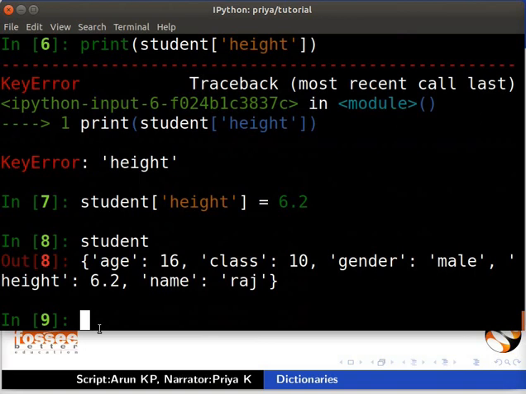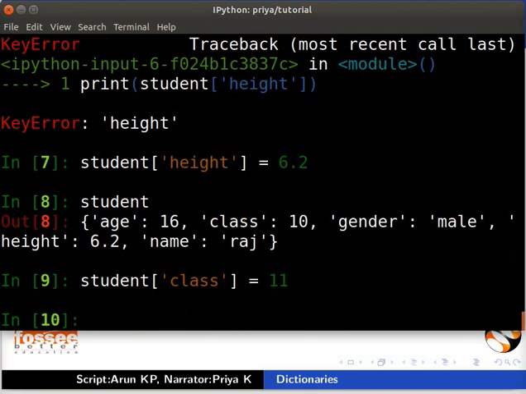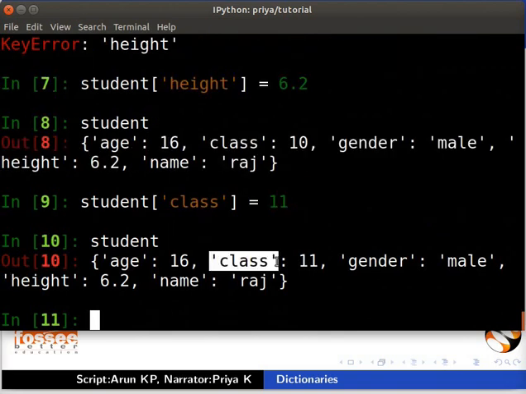Next, let us modify the element class of the dictionary student. Type student inside square brackets inside single quotes class is equal to 11. Now to check the content of the dictionary, type student. As you can see, the value for class key is changed to 11.